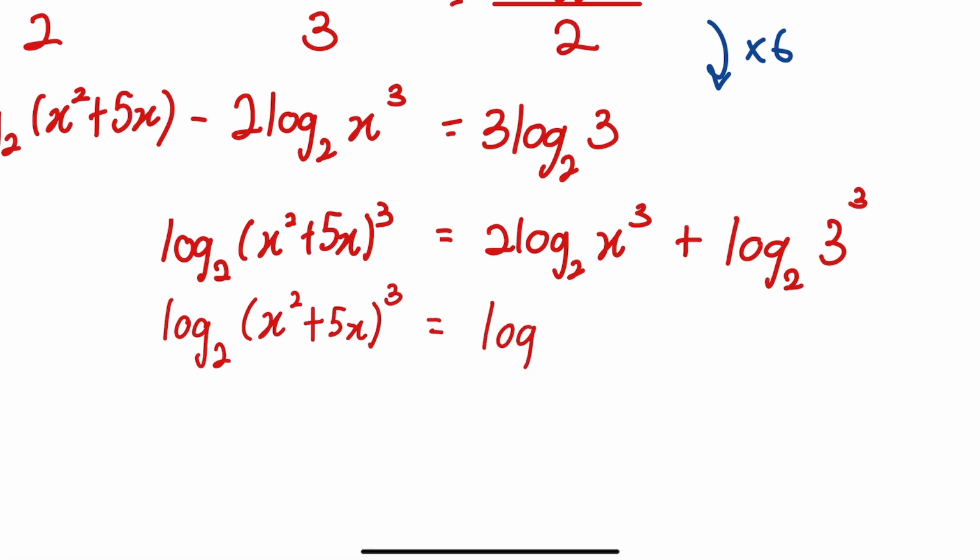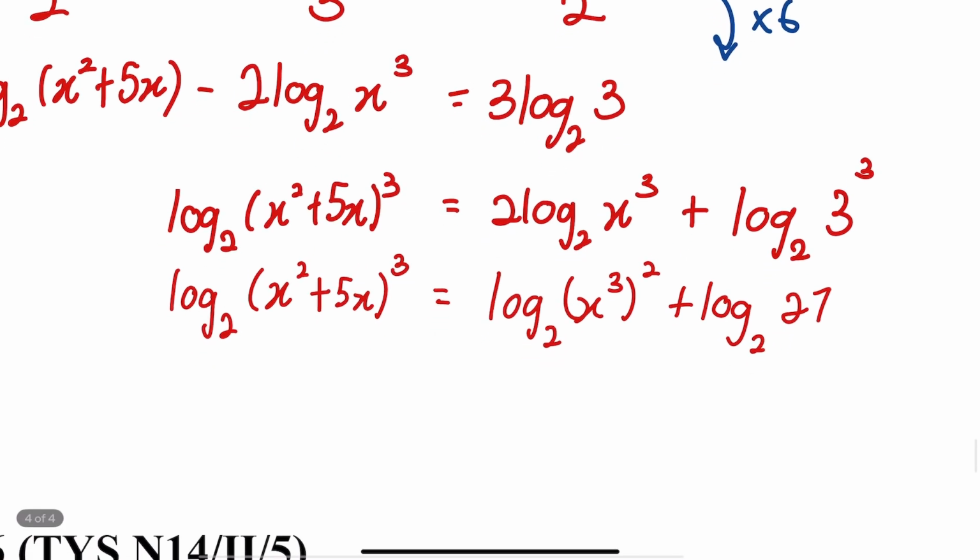So this is log base 2 x cube, the whole thing squared, okay, plus log base 2, 3 cubed is 27,